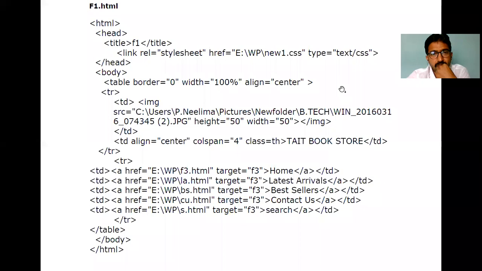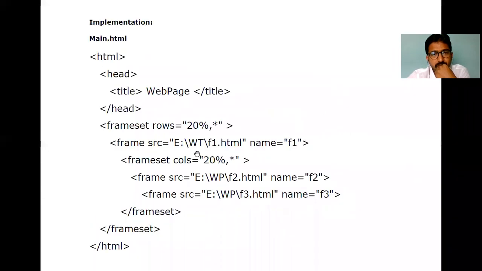Sir, in main.html, should we keep the aspect ratio like 28% or 30%? We can keep it. It depends on your design of the page. I just added 20. You can use 18 or 15. When you increase or decrease it and run the program, let me know whether you are using more space or whether it is fitting exactly. My requirement is a logo and some links in a horizontal line. For that, I use 20%. You can also use 25. It depends on your interest.